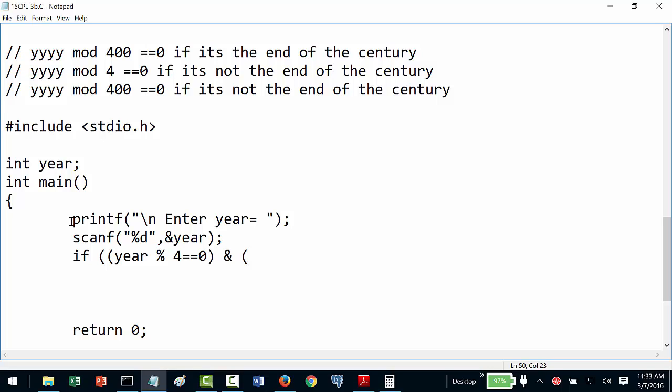and my year mod 100 is not equal to 0. Okay, this is one condition. Or my year mod 400 is equal to 0, then I'll simply